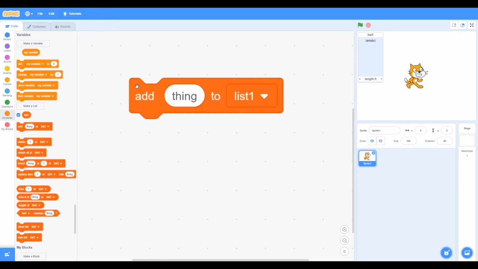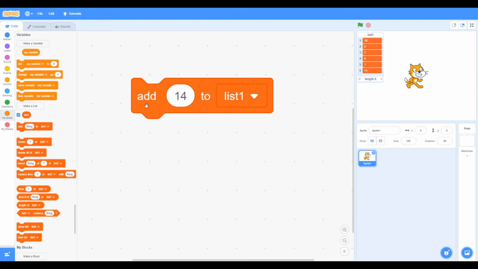And let's add some numbers. So make up any numbers that you like, and then add them to the list. What we're going to do is we're going to create 2 lists, and in both lists we're going to put numbers in, and we're going to write some code that finds any numbers that are in both. So let's try